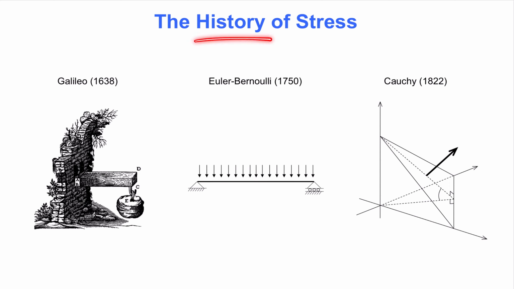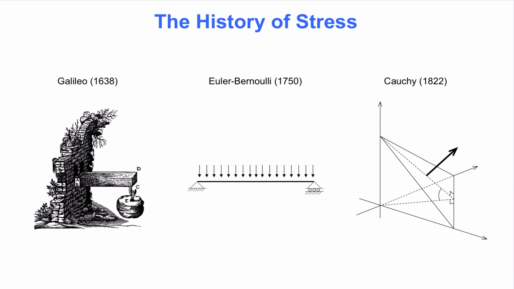When Galileo developed the field of strength of materials in 1638, he did not use the concept of stress that we use today. Even the Euler-Bernoulli beam theory, which is fundamental in modern structural analysis and was invented in 1750, did not employ stress. Although it took another 100 years before the Euler-Bernoulli beam theory gained widespread popularity, it is still noteworthy that it was only with Augustin Cauchy's work in 1822 that the concept of stress on rigid infinitesimally small bodies was developed. Competing theories at the time considered molecular forces instead.